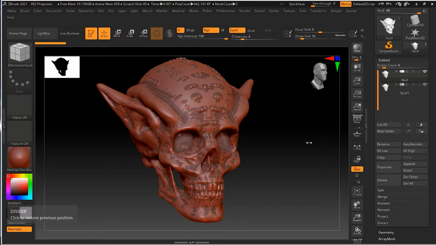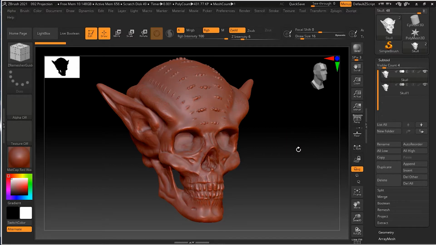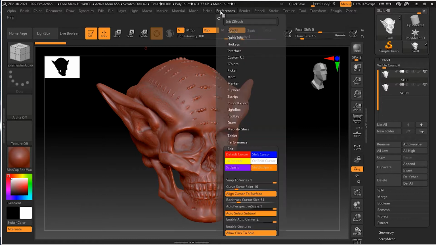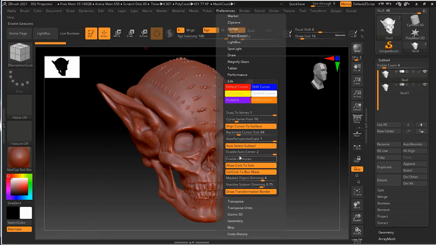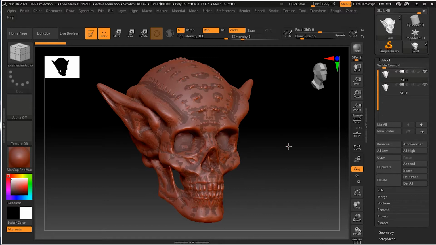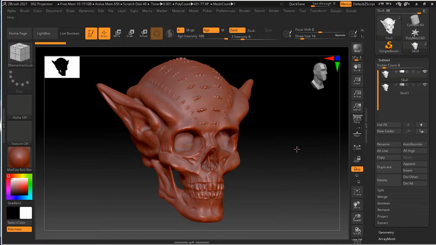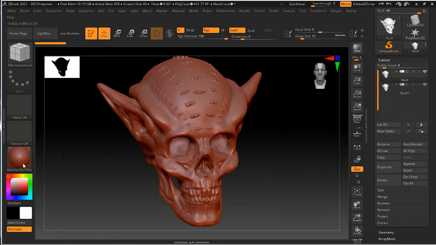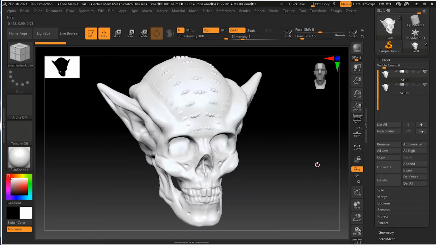The first one here is the original one. So if I click on the screen to solo it, by the way, I'm using the same option here in the Edit menu, Allow Click to Solo. So if I click here, it will solo or unsolo my subtool. So here you can see, if I go to this Skin Shade mode,